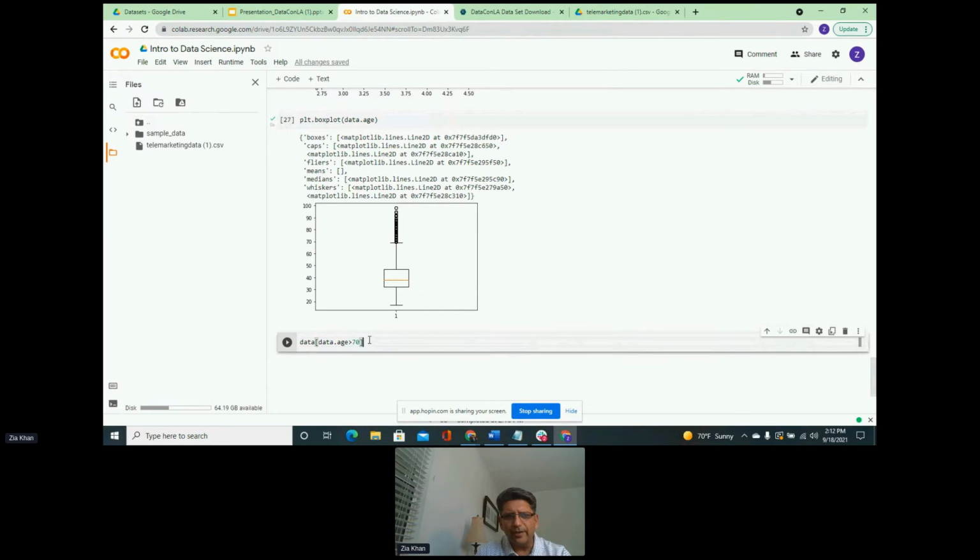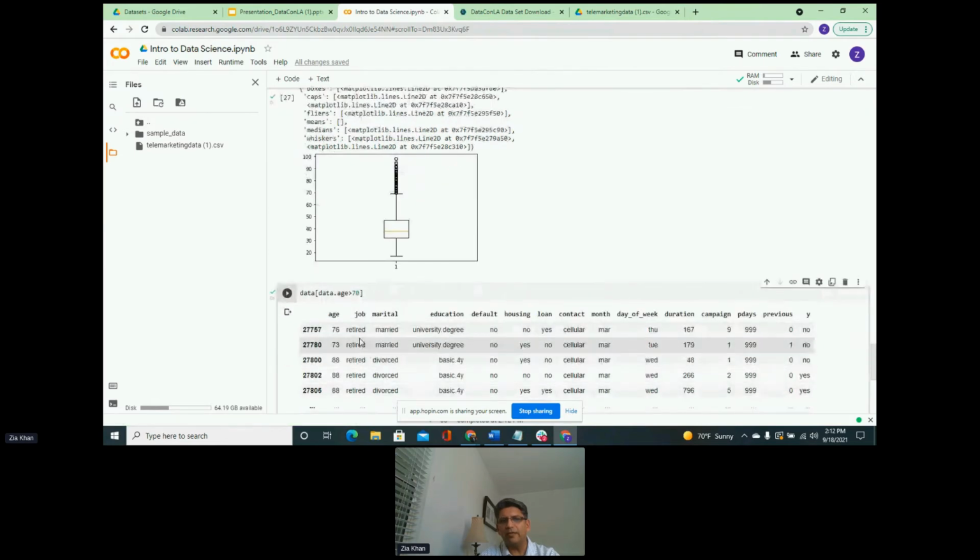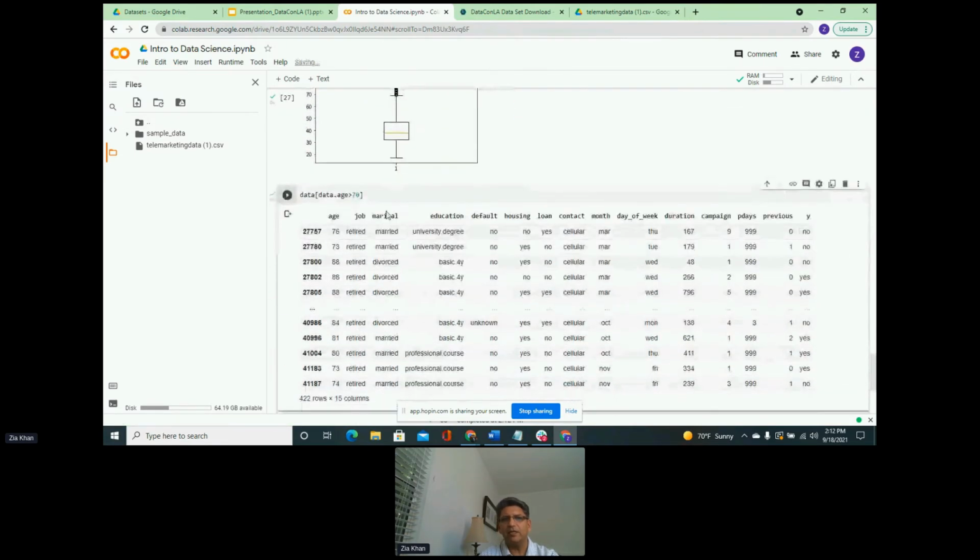We can get an idea of this by filtering the data for anybody who is older than 70 years of age. And when we run this, we get the results back, which is a data frame that has only people above 70 years of age. You can see from the row count that you have 422 rows and 15 columns.